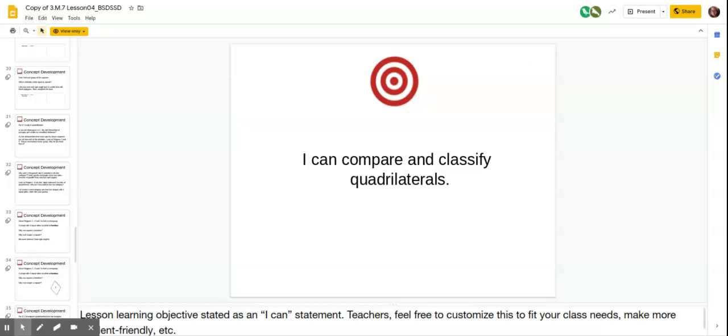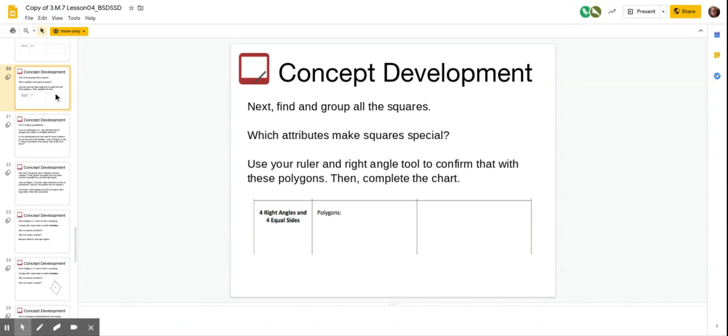Hello, third grade, take 2. This is lesson 4 in module 7, where you're going to compare and classify quadrilaterals. We're going to skip straight through to the concept development,